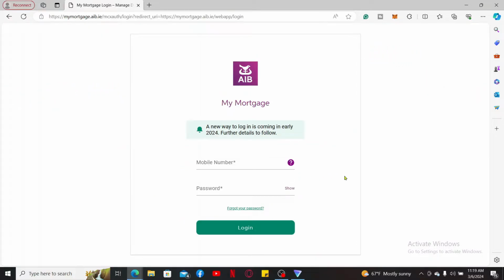On the next page, you will be prompted to enter your mobile number and your account's password. If you don't remember your password during the process, click on the Forgot Your Password link. Follow through the instructions to reset to a new password. But if you remember your credentials, make sure to type them in correctly in the respective text boxes. Type in your phone number in the first text box and then type in your account's password in the next. Make sure to double check your information before proceeding and click on Login to log into your AIB Mortgage account